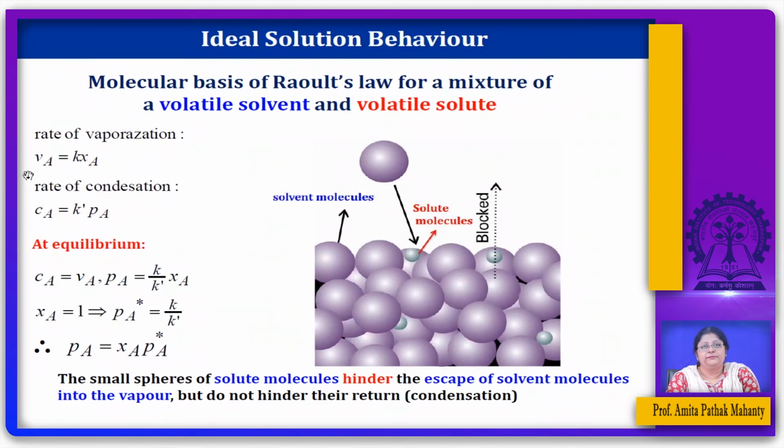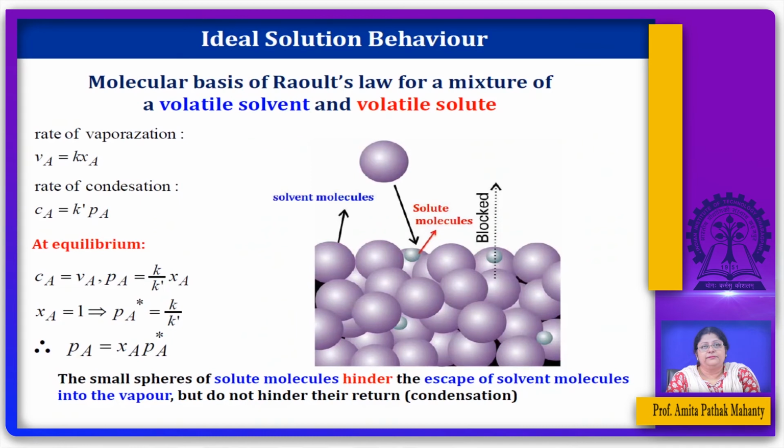Okay. Now look at the condensation. What happens in the condensation? The rate of condensation will depend on what? How much vapor pressure is there? The concentration of a component in the vapor is going to decide how much condensation is going to take place. So the rate of condensation of that component A in the solution will be proportional to the vapor pressure of that particular species in the solution, because vapor pressure means you're talking about the concentration of the species present in the vapor state,